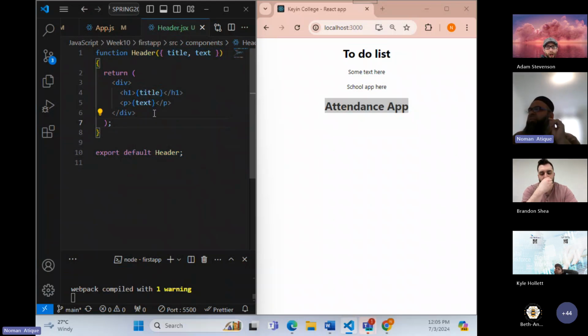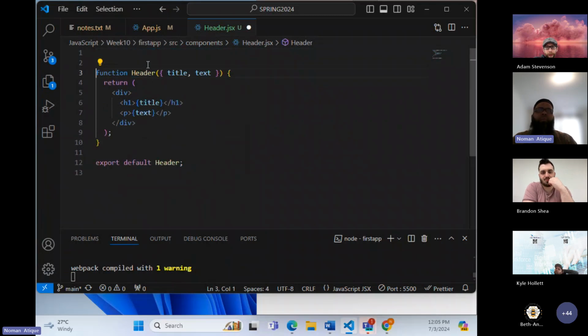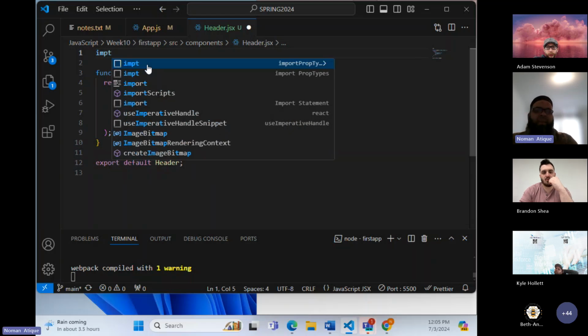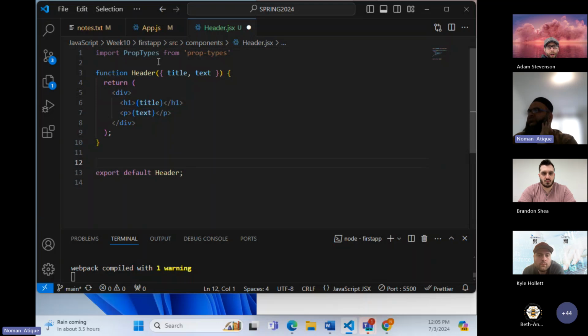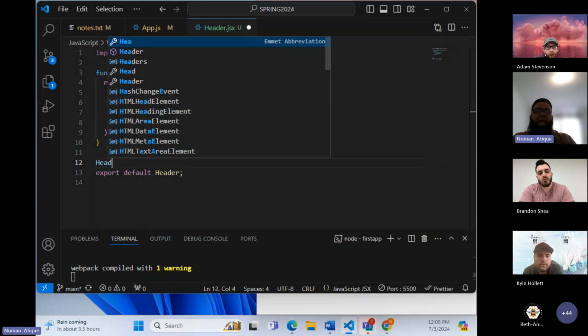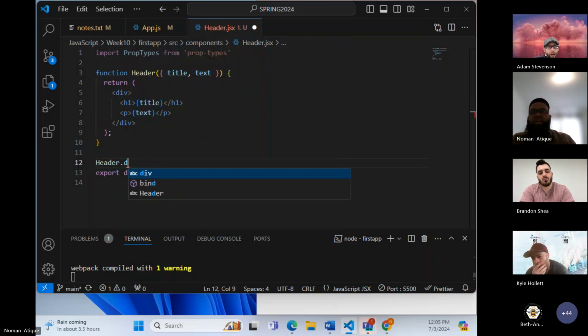So is there a way to define default props? That is the way that I'm trying to tell you. That is something called default props. If I want to define default props, come here and just write imp t, and hit enter. It imports prop types. Make sense, everyone? Now come into your program, and after that, before our export, I would write header dot default props